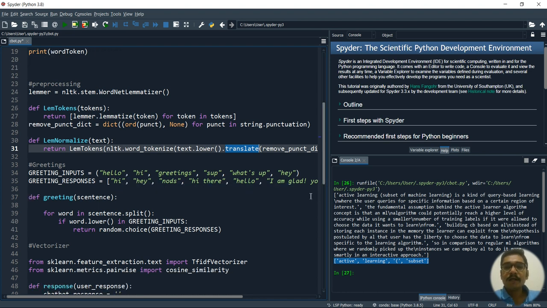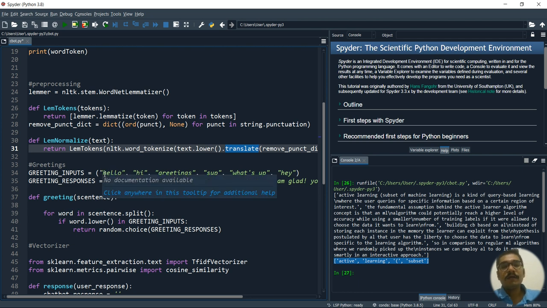Then when the user interacts for the first time with our chatbot, we have to greet our system. That is a common practice when you meet anyone, whether it's a robot or a human being, you first greet. So for greeting we have a certain set of greeting inputs. Here it doesn't matter what data structure you pass, because we are not adding or removing anything. So for greeting inputs, we have essentially a tuple. In the tuple, I'll pass certain words as strings.